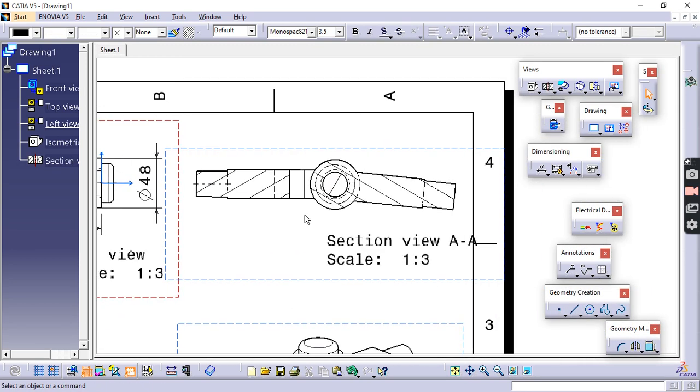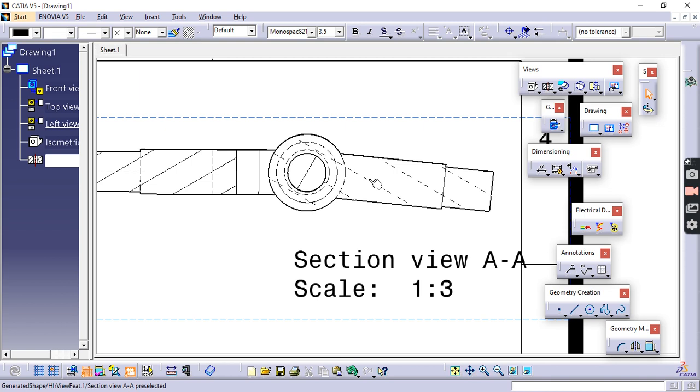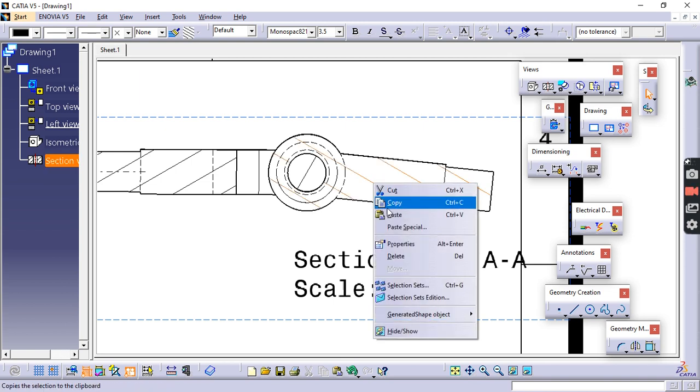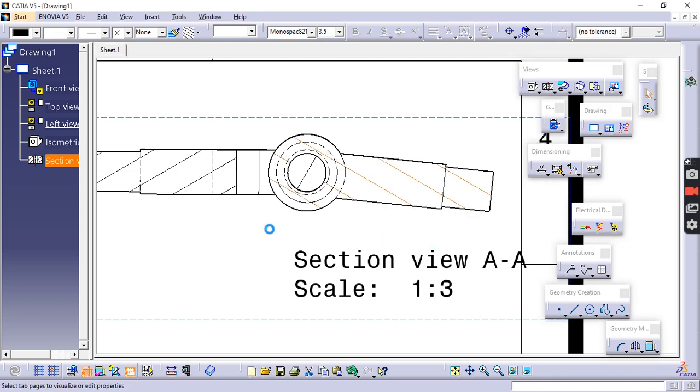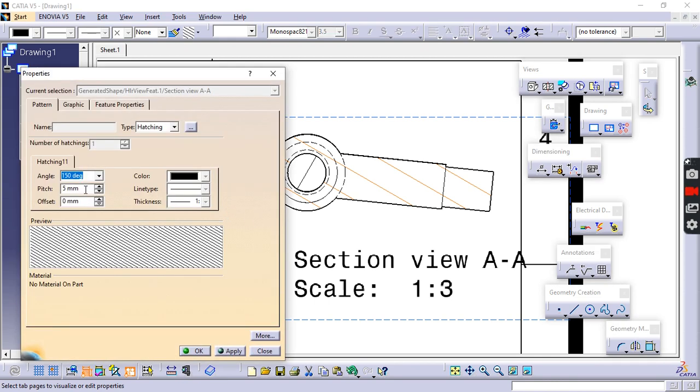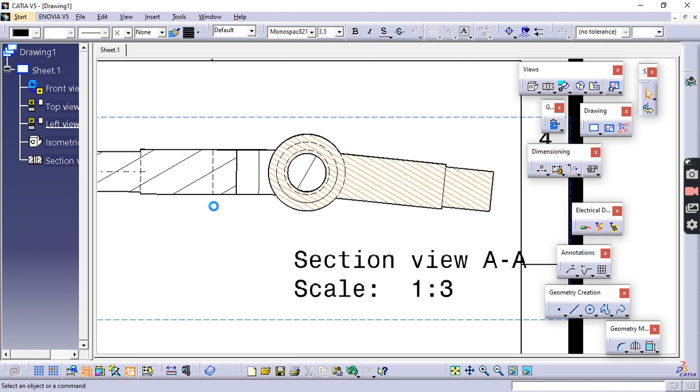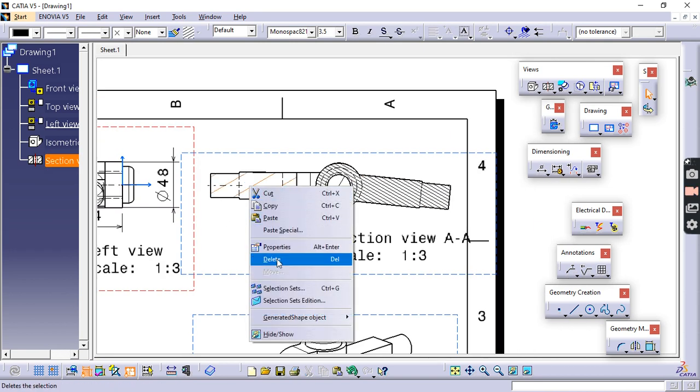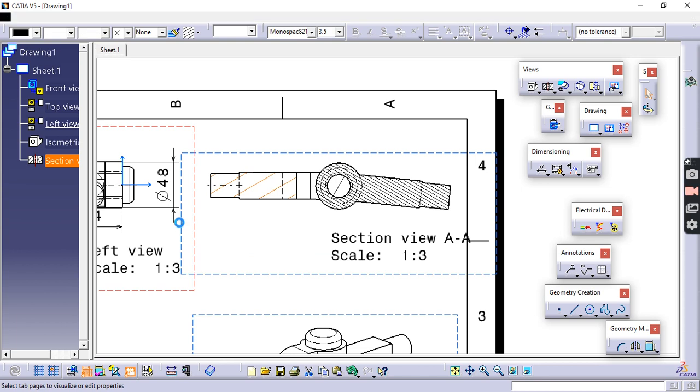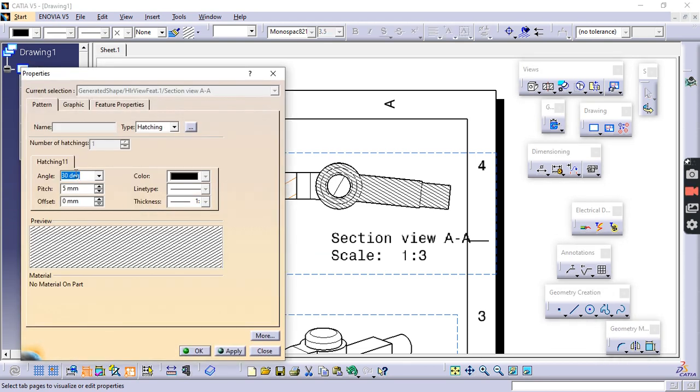So if you want to change the hatching distance, then right click on it, change its properties. Here you have to change the pitch. It was 5, I will make it 1. Press OK. So its pitch will change, or the distance between the lines will change. You can change the angle.